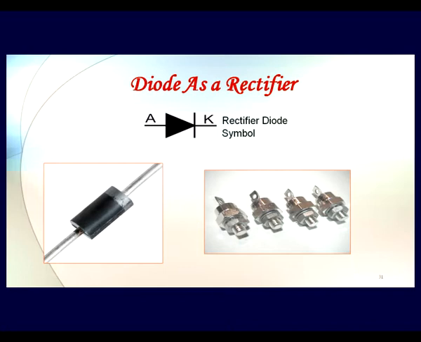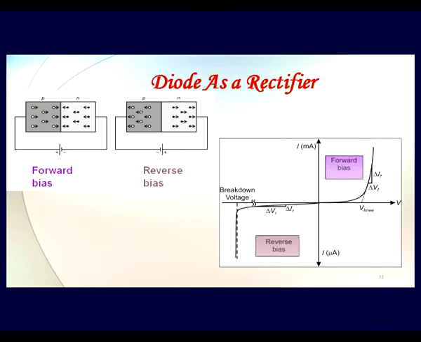So these are different types of rectifier diode that we get, and here I am showing you the current voltage characteristics of a diode. In the left hand side figure we have connected the positive terminal of our supply to the P terminal or anode and the negative to the cathode or N terminal. Then this diode initially increases current slowly, but as soon as it reaches its knee voltage, as it is called, it just shoots up. The current goes on increasing with very little change in the voltage across it.